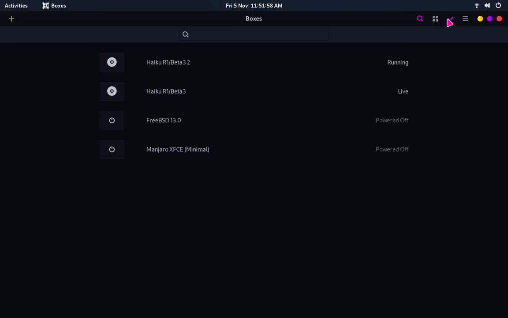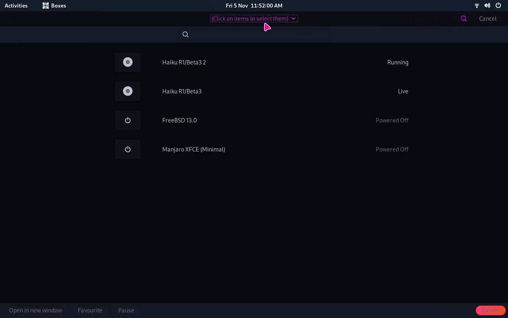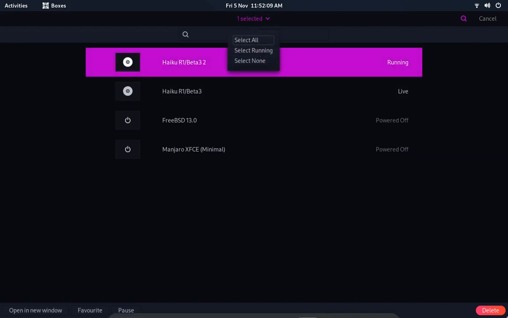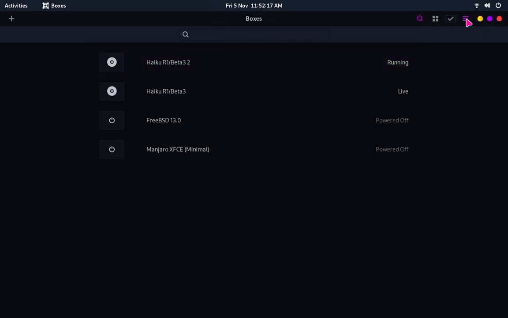This is a tick. I'm not too sure what that does. Click on an item to select it. So we can click onto this one and select it if we wanted to. Select none, and we can delete it, or add it to a favorite, or open a new window. Okay. This is basically how to delete virtual machines, and from here